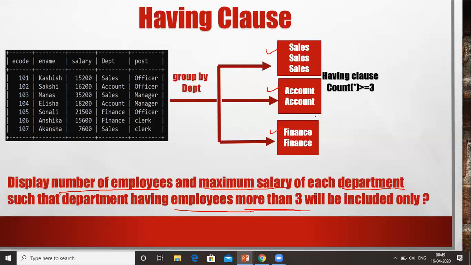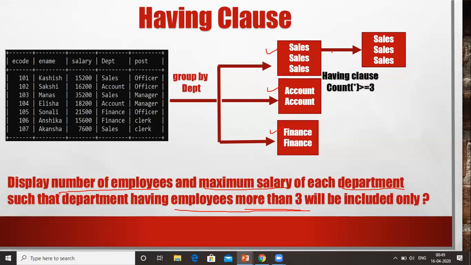Now once the groups are created, the having clause is applied on these groups. Let's see the first group, that is sales. Is the number of records in the sales department greater than or equal to 3? Yes. That's why the sales department passes the condition of the having clause, and this sales group is selected.